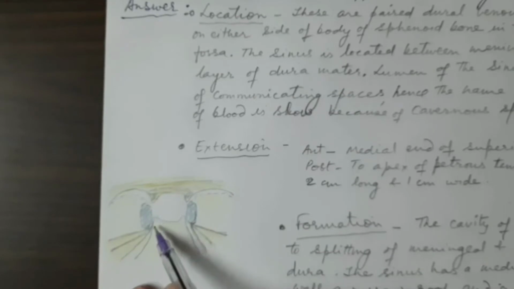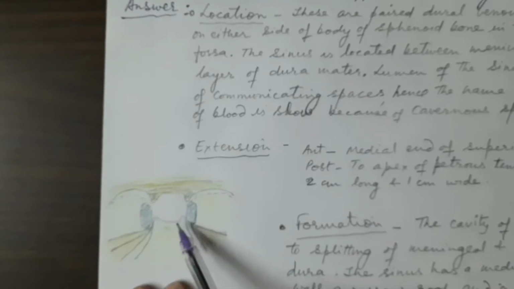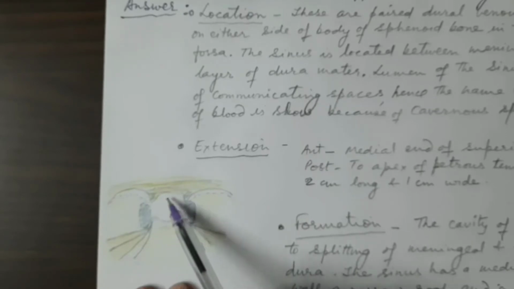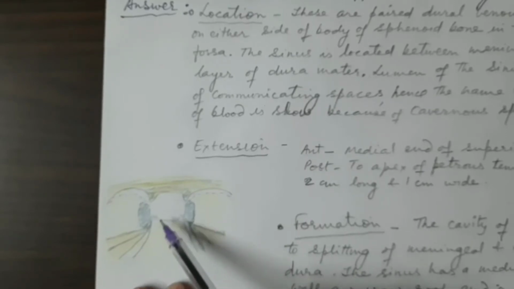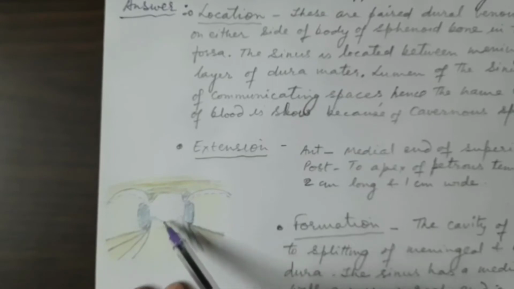Then you can see the dorsum sellae, and this is the posterior clinoid process, and this is the fossa called the pituitary fossa, sella turcica,